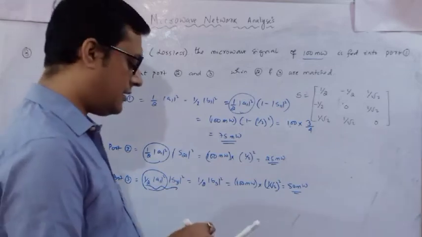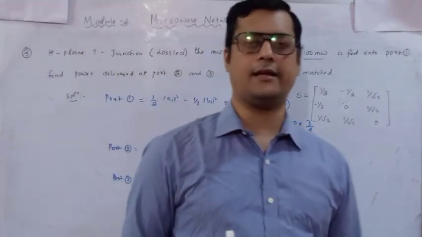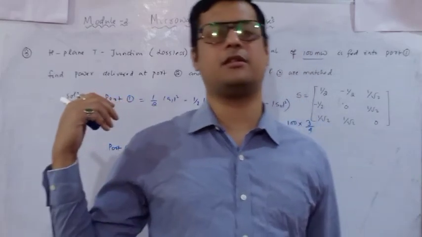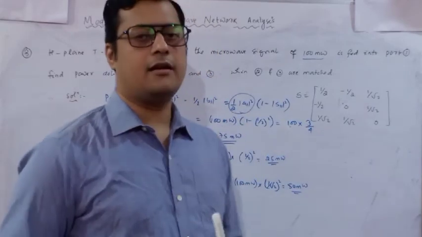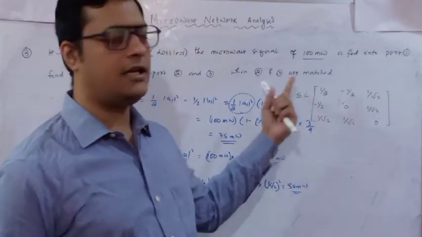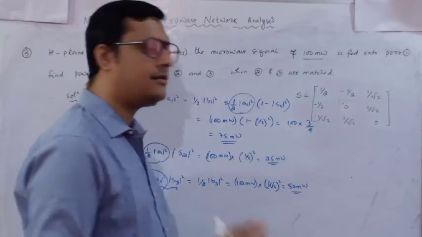Questions like these will come in your exam. Either they will give in terms of E plane, or they will give in terms of H plane. Here we have solved a few numericals with respect to H plane. You people can try the same numericals with respect to E plane junction. In that you have to consider the E plane scattering matrix. Otherwise all the relations are the same. Okay.